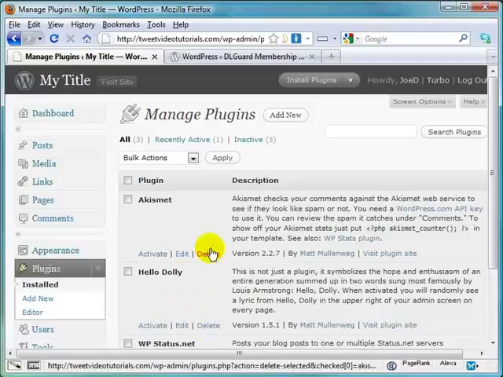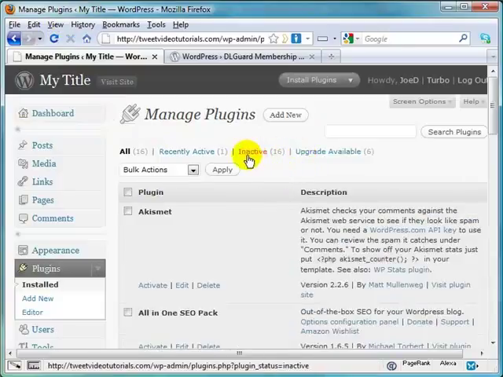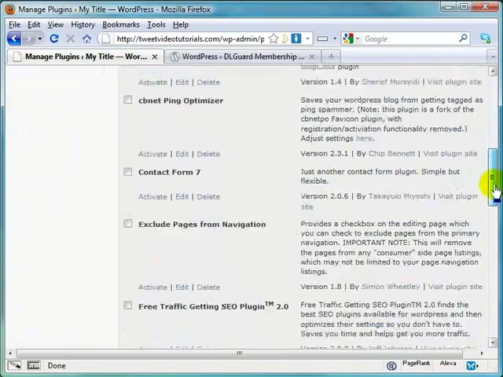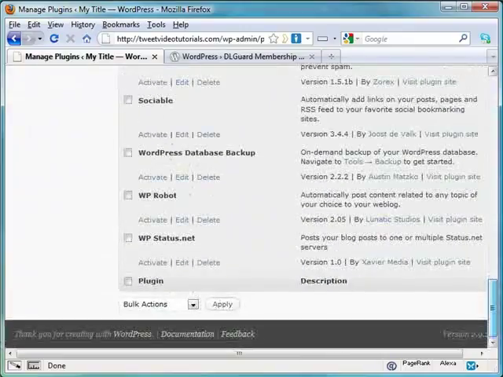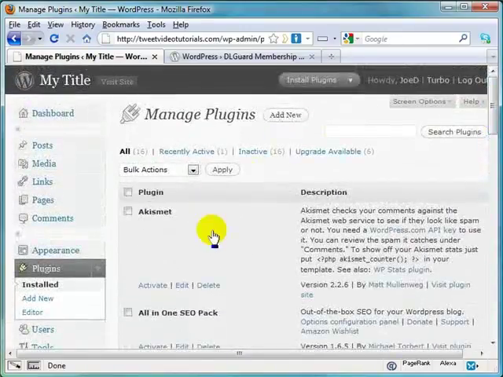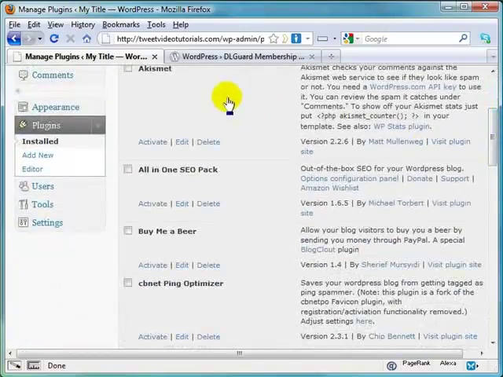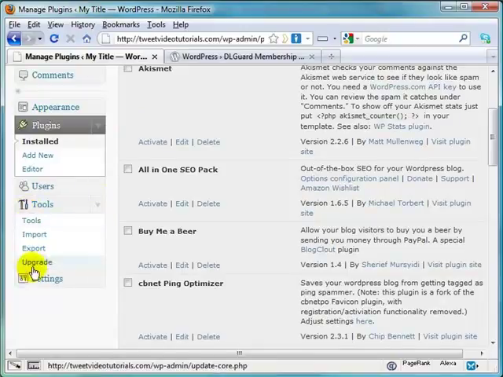But that's that. Let's go ahead and refresh the page, and I'll show you all those plugins that have been uploaded. So you can see now this has changed. Upgrades available. There's 6 upgrades available. That's one of the things I wanted to show you too. This I believe only works with version 2.9 of WordPress. Anything in 2.8 or older, I don't think has this feature. But under the tools, if you go to upgrade,